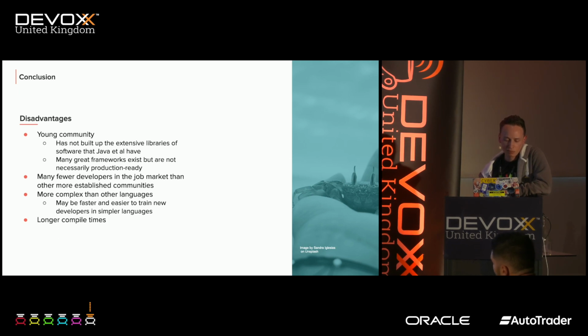It doesn't have the big built-up extensive libraries that Java and the like have. There are increasingly a lot of really interesting frameworks and libraries written in Rust. But a lot of the big ones are still not really in a production-ready state. They're still in a 0-point-something state and carry certain caveats. If you're going to use this, don't expect a great deal of support, and perhaps it's best to hold out until we release a production-ready version.